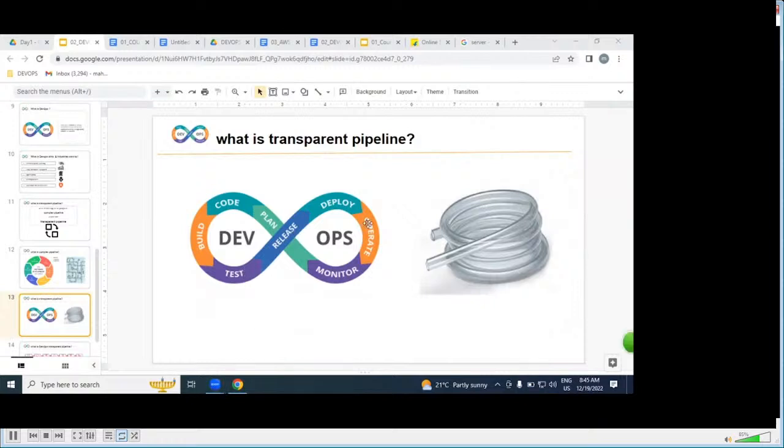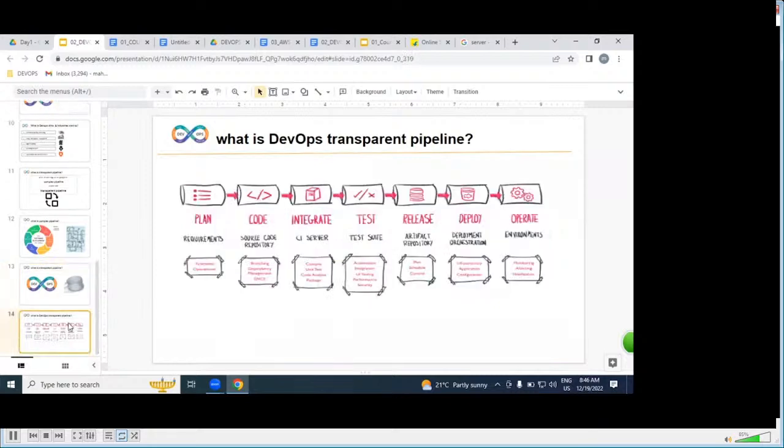What exactly are we going to be replacing, guys, please? We are going to be replacing a complex pipeline with a transparent pipeline. Why are we calling DevOps a transparent pipeline? Because it is transparent and automatic. In the middle, if you get any issue or problem, we can easily identify it and easily resolve it. But how does the actual DevOps process look? This is our actual DevOps process, which we are going to implement.